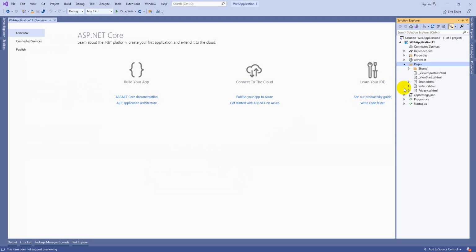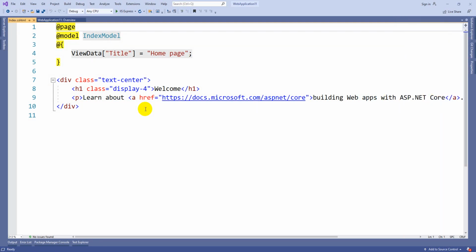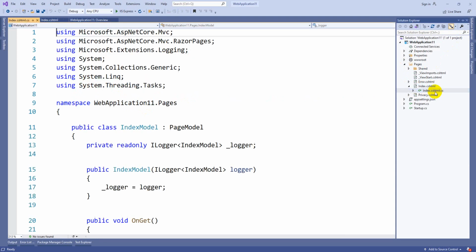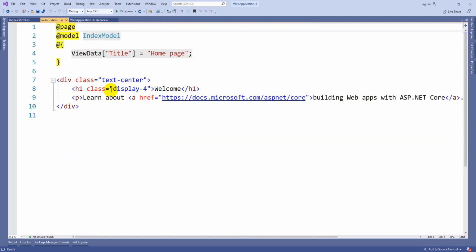So now here there are some pages. By default Index will get executed because they targeted this particular Index page by default. Here you need to notice one new option. For every page, earlier we used views, here this is a page. If you click this option, you can see one CS file attached to this particular view file also. If you open this, you can see there will be OnGet and OnPost methods. This is similar to your HTTP get method, and similar to your HTTP post method. These two are connected as one unit.